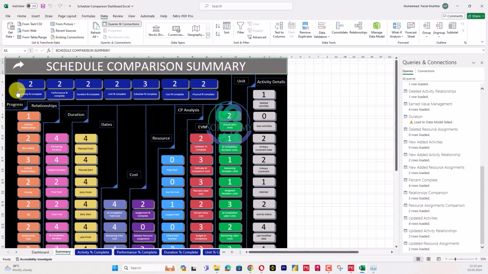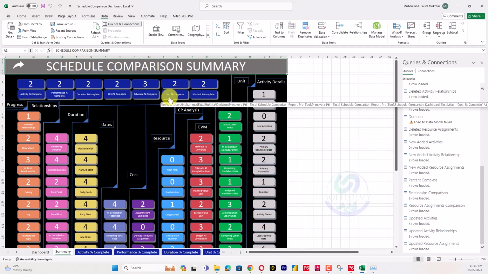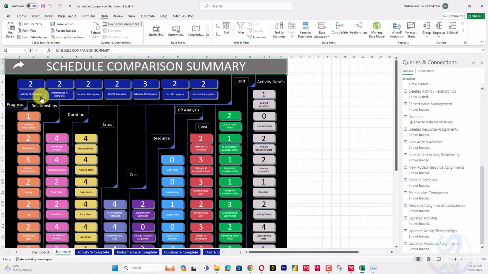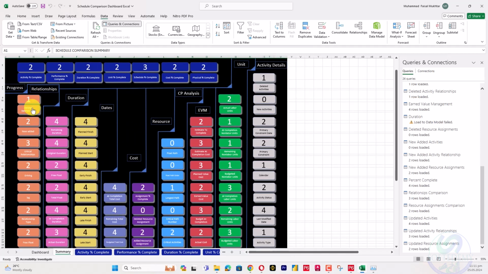So this is all my types of progress: activity percent complete, performance percent, duration percent, unit percent, schedule percent, cost percent complete, and physical percent complete. So what do the numbers show? This number shows how many activities have been changed. This is two, which means two activities changed in duration percent. Okay. So how many activities were deleted, how many added, how many activity critical